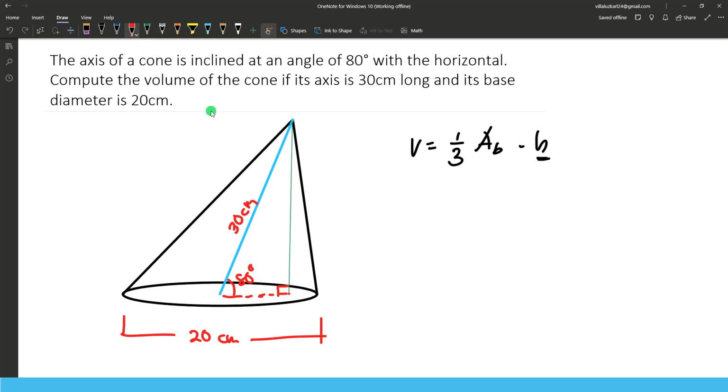So we form a right triangle. If this is h here, we can apply again